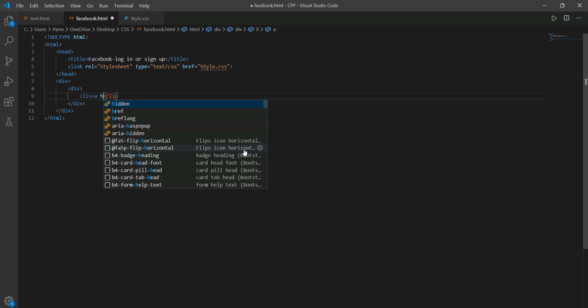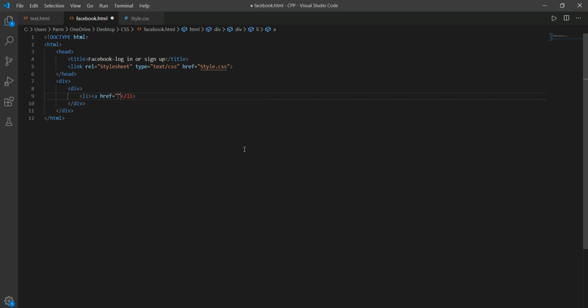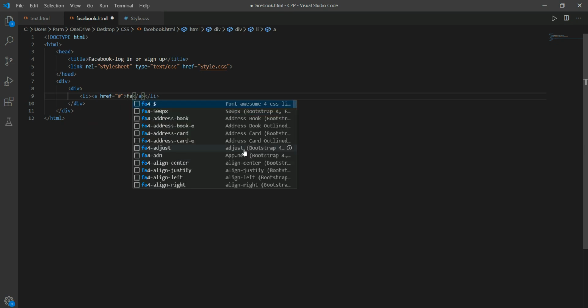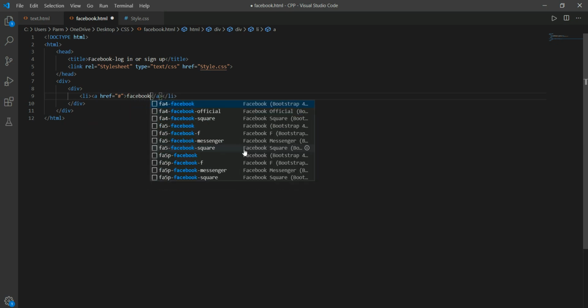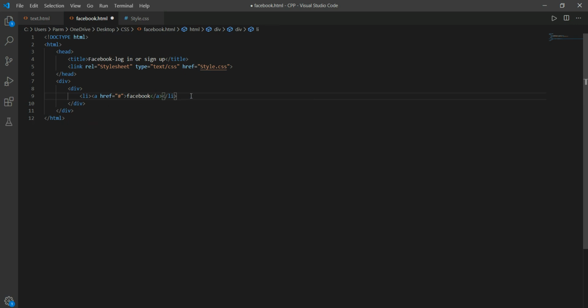Here we give the href, and we are not giving any link to this file, so we use a hash. And then here we write Facebook. Now save this and see it in the browser. It's done, it's written Facebook over there.